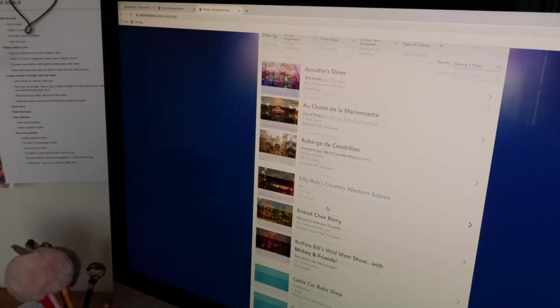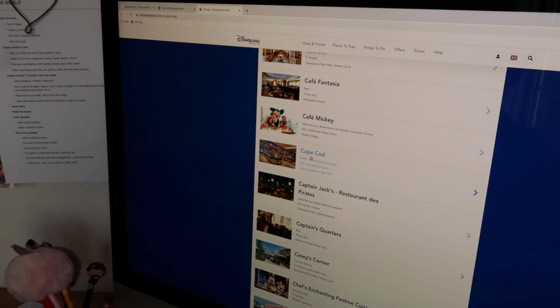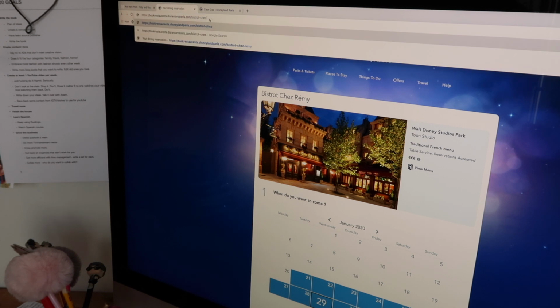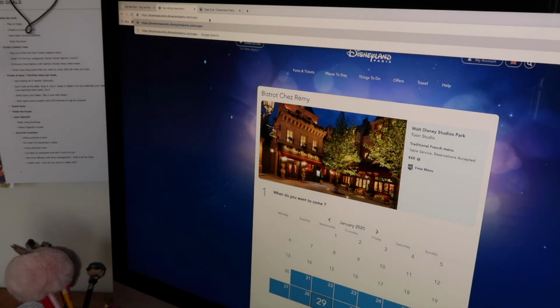But also, if you click on one of them, for example Annette's Diner up at the top there, it'll show you how it's formatted, because I couldn't find Captain Jack's restaurant, but Captain Jack's actually is, I think, captain-jacks-restaurant-pirates with hyphens up at the top. So just to show you an example, that Cape Cod one, go up there, delete out the bistro-chez-remy, put in cape-cod,